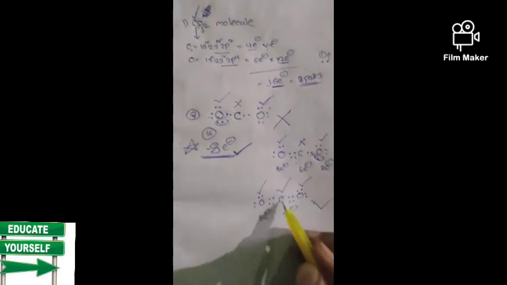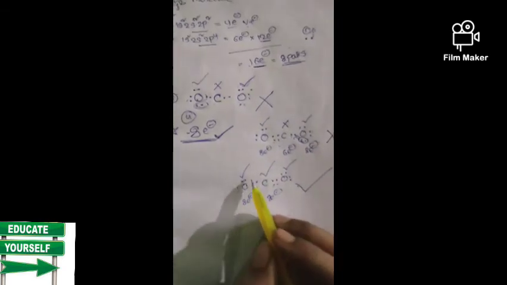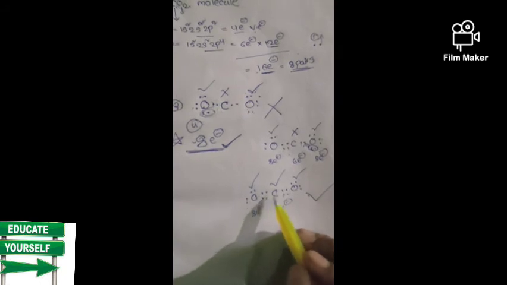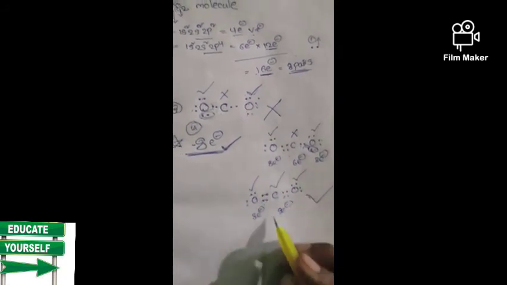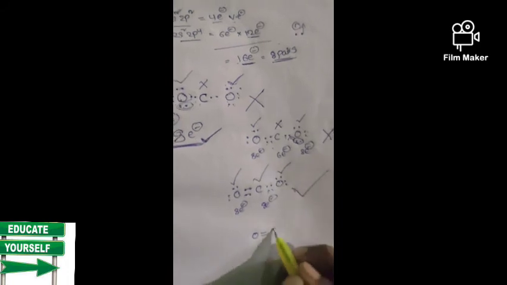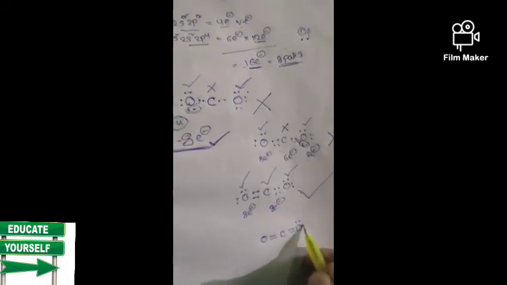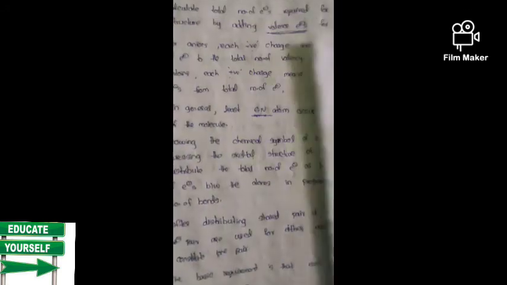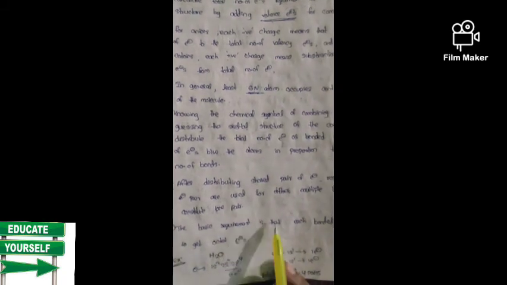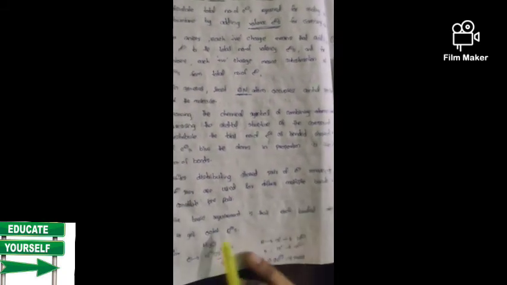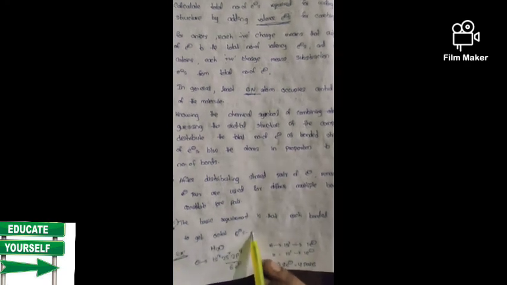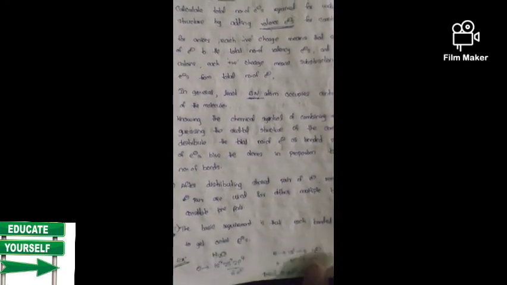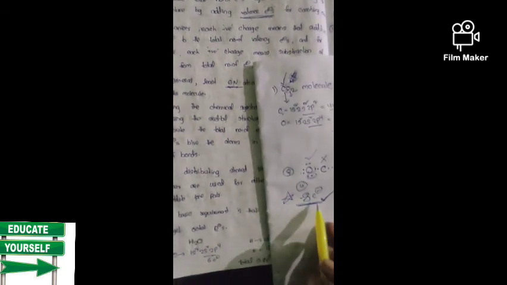And here we can join these two bond pairs, these two shared pairs, like this, and we get the structure like this. Now let us see the sixth point: the basic requirement is that each bonded atom should get octet electronic configuration, octet electrons, as I said before. Every atom should get 8 electrons each. Then that is known as the complete Lewis dot structure. That is correct.